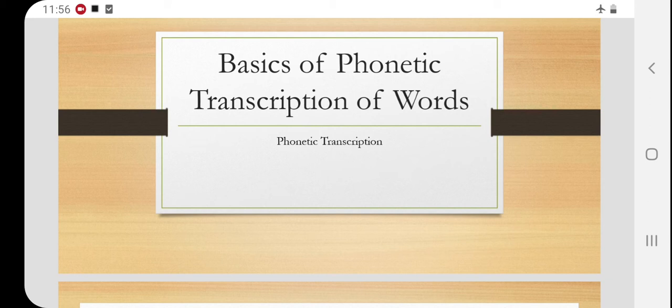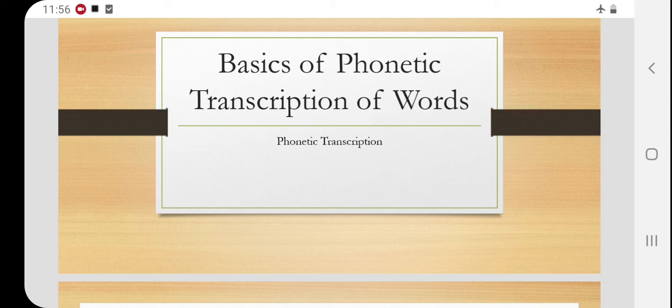First of all, we need to understand what kind of phonetic symbols are used in dictionaries of different languages, specifically in the English language. How do we transcribe the words? For example, nowadays everything is available on the internet. If you want to understand the pronunciation of a word, just type the word in Google and there is a pronunciation. You can listen to how the native speakers say it, and you can produce the word as you have heard. This is the most modern way to understand the pronunciation of words.